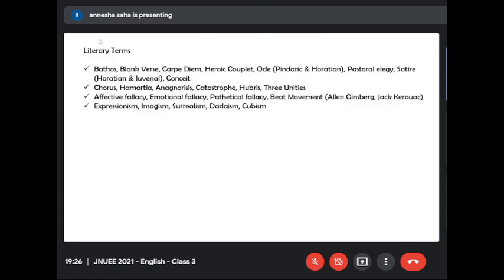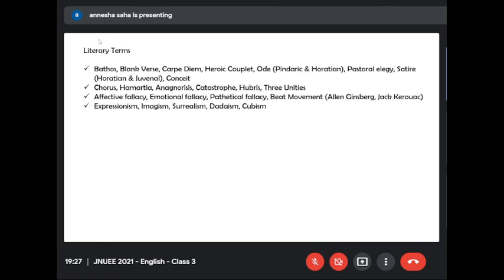I am not really going to read out what bathos is and what blank verse is. I'm sure everyone has access to M.H. Abrams' book, A Glossary of Literary Terms. So you can look at these terms in that book, understand the technicalities associated with each term, and then note down the major authors who utilize these styles and techniques. So bathos, blank verse, carpe diem, heroic couplet, and ode, especially two types of odes, a Pindaric ode and a Horatian ode. And if you go through the Glossary of Literary Terms, you'll see that